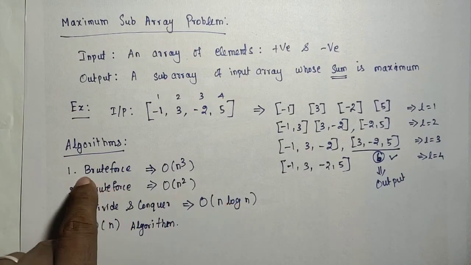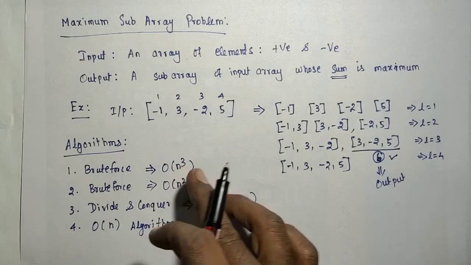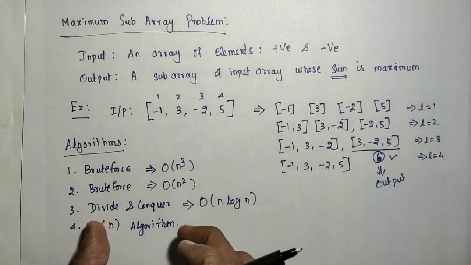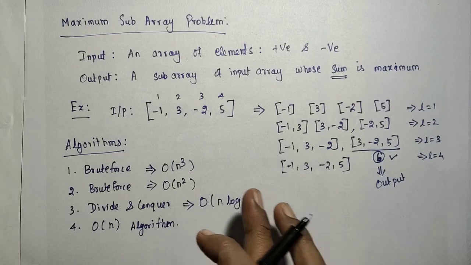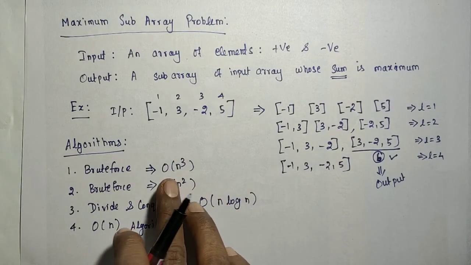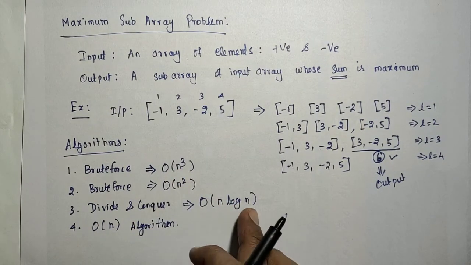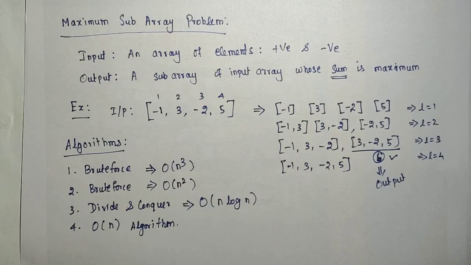Suppose you are designing this algorithm, and you go for this one, your algorithm is the worst algorithm. If you know the divide and conquer approach, it can be applied to other problem statements also. We will discuss these algorithms one by one, and how to analyze and obtain the complexities, O of N cube, O of N log N. Those things we will discuss in the next session. If you have any doubt, you can ask.